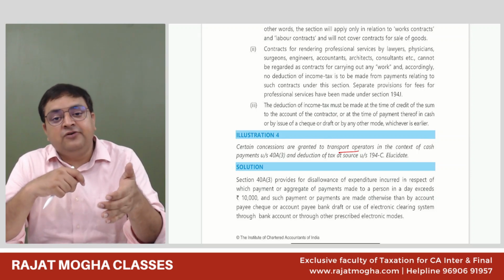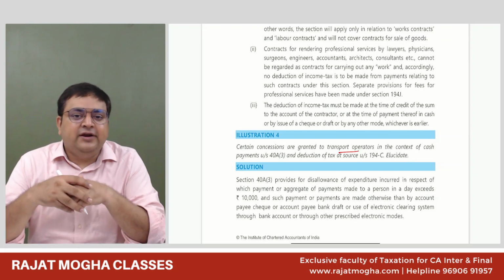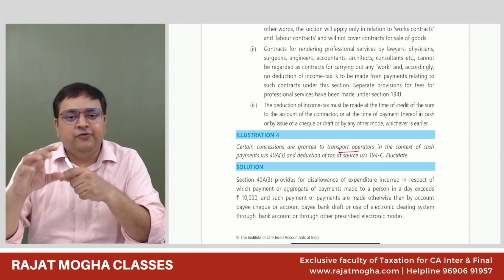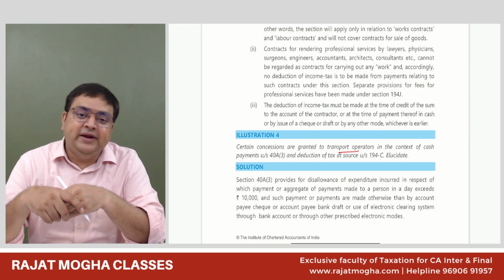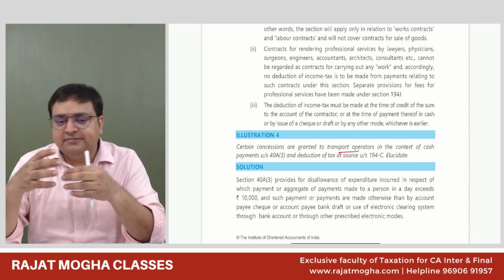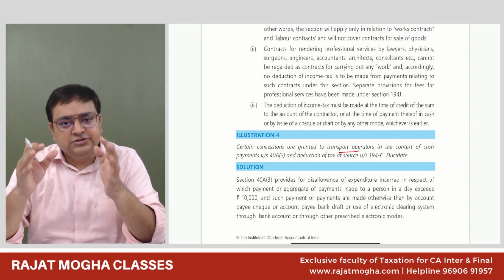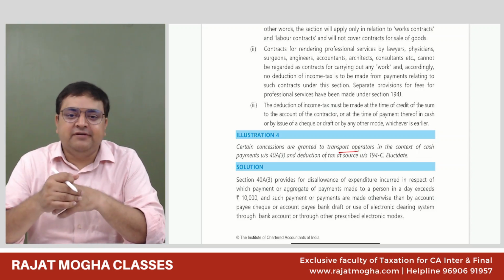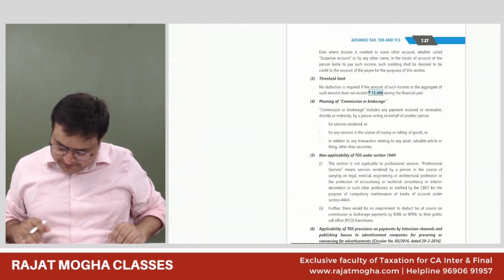And even if he does not furnish his PAN number, there is a common provision that whenever a person does not furnish his PAN number, the TDS rate would be the applicable rate or 20%, whichever is higher. In any other section also, generally it is the applicable TDS rate or 20%, whichever is higher. This was regarding the transporter.